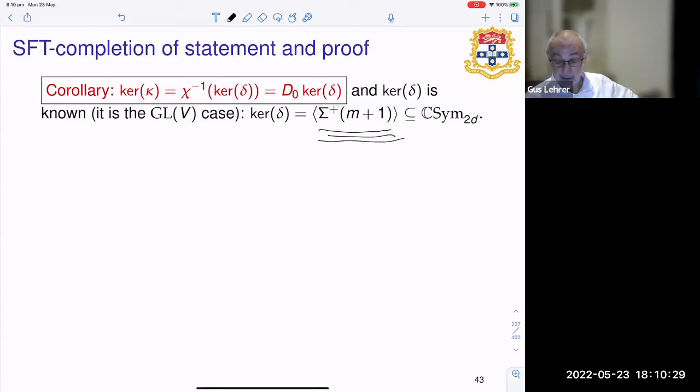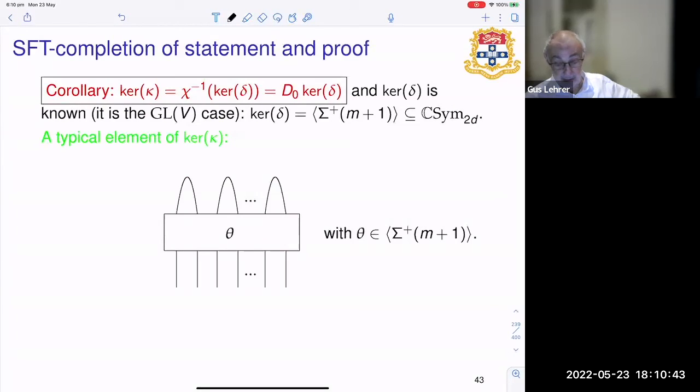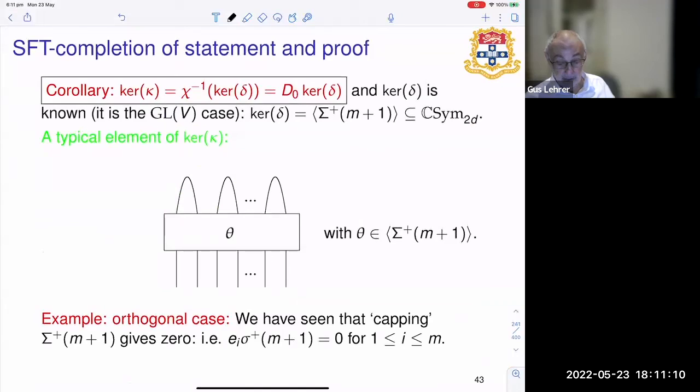It's more complicated in the orthosymplectic case. And so we know exactly what it is. So a typical element of the kernel of kappa is just something like this, where theta is this alternating rectangle. And by the way, it incorporates this idempotent E of C already. That's why you don't see it here. For example, in the orthogonal case,